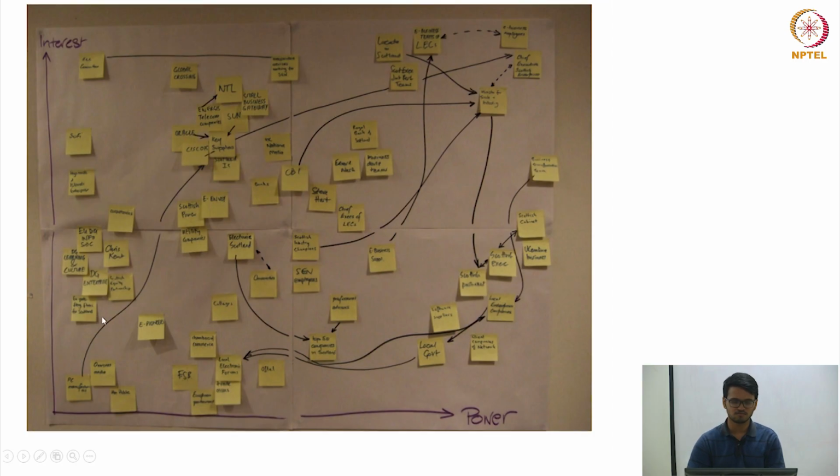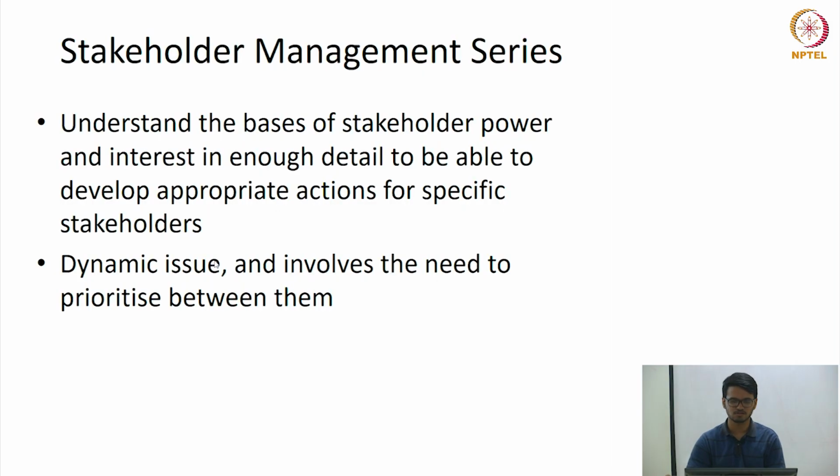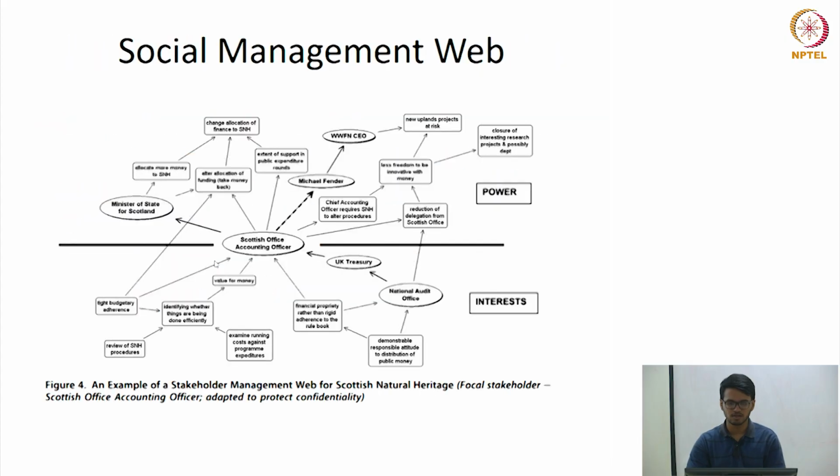The formal relationships are something like manager-supervisor relationships and so on. Next, after identifying these relationships, we need to manage these stakeholders. To manage these stakeholders, each stakeholder needs to be analyzed separately. So they propose something called a social management web for this, in which the specific stakeholder we are analyzing is